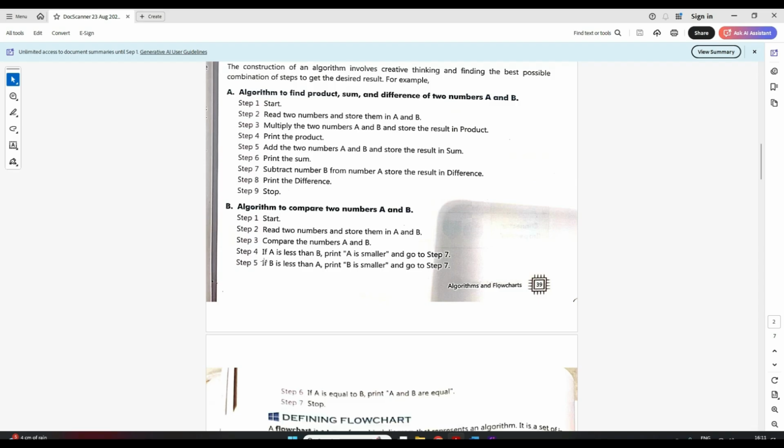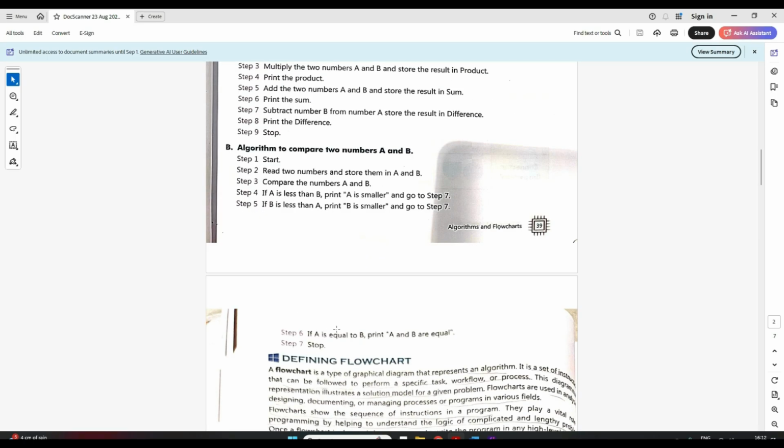But next, see here they have added an extra line. You could have done it in 2 lines also. See, I will check if a is less, because they are checking equal to also, right? So that's why these 3. So first my 3 checks are here. If a is greater than b, if it is, then I'll print a is greater, go to stop. Then the next will be if a is less than b, correct? Then a is smaller and then go to end again.